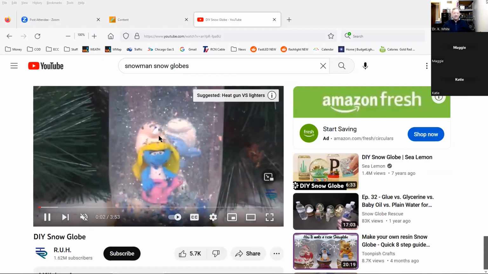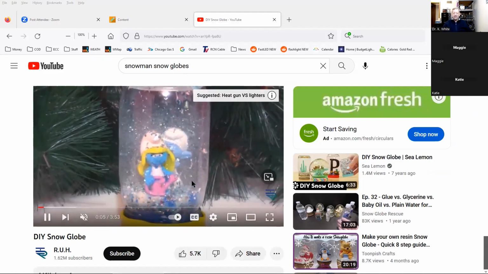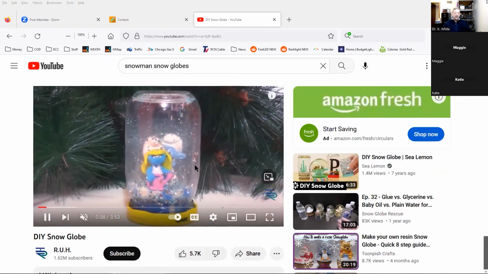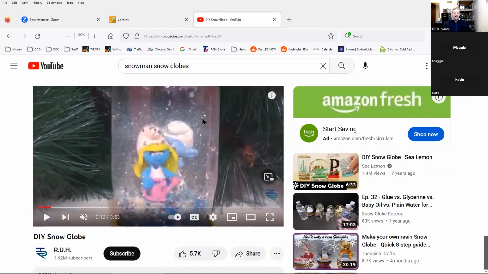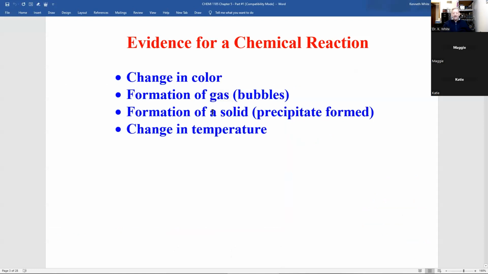right, everybody see the little glitter falling on your screen right now? A chemist would call that, oh, look, there's a precipitate. Again, the little solids forming and floating to the bottom, we call that a precipitate. Now, this was already in there as a solid, so you weren't forming anything. So there's no chemical reaction in there. But when you form a solid in a chemical reaction, when you mix two things together, you have a chemical reaction.